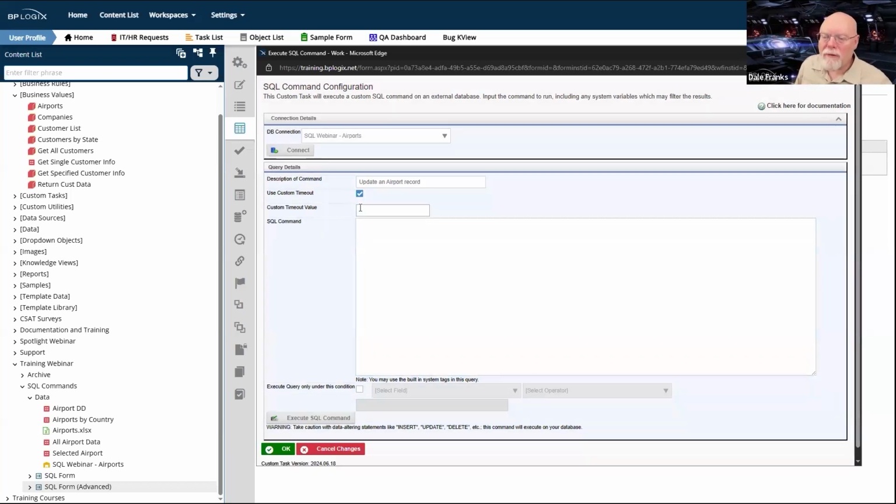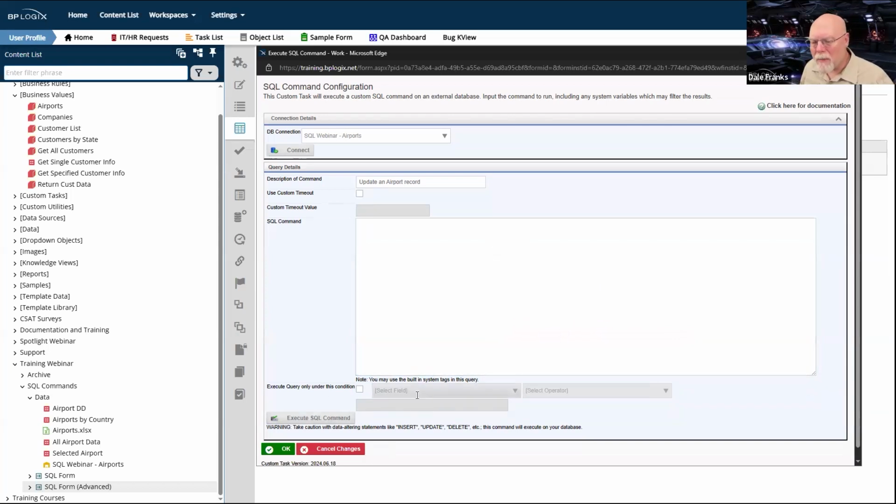Now, you do have the ability to put in custom timeout times, which is the amount of time to wait for the database to return a value to you. We don't really need to do that here. So I'm just going to go ahead and turn that back off.